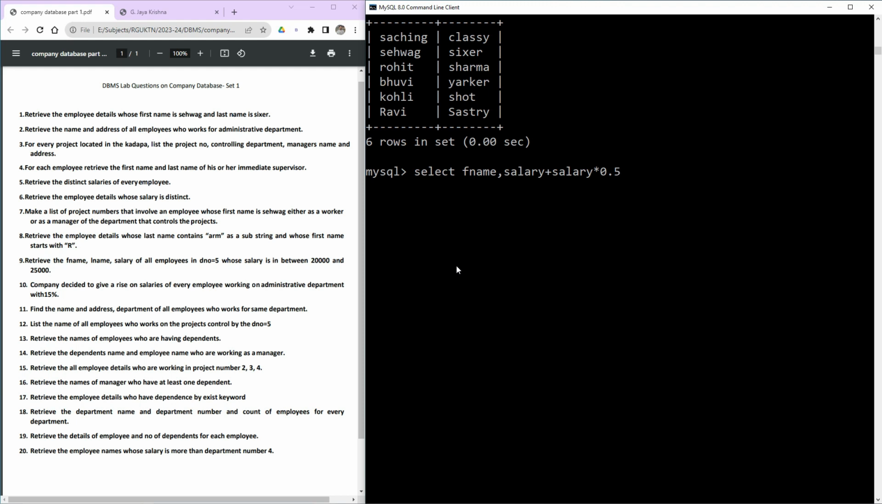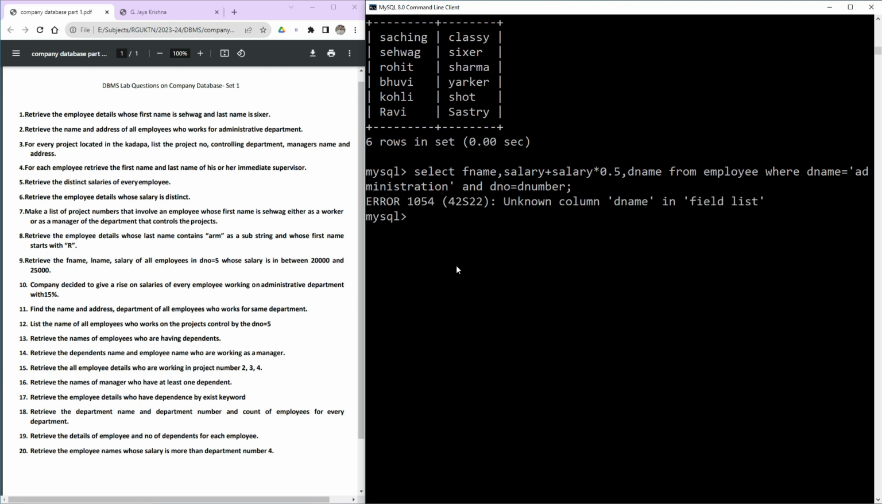If you want, I can show it with the department name also, so that you can get clarity. From employee table, where you have to check the condition that the department name should be compulsorily administration, and you have to make them combined, right? How can you combine them? D number equal to T number, right? So you can go with alias names also. You can observe